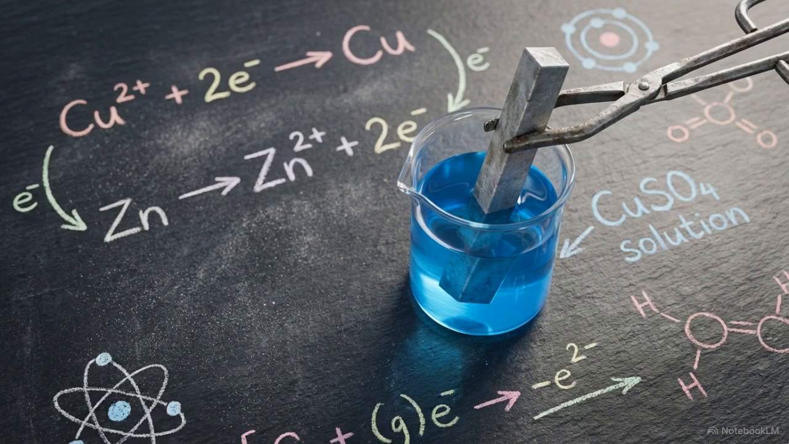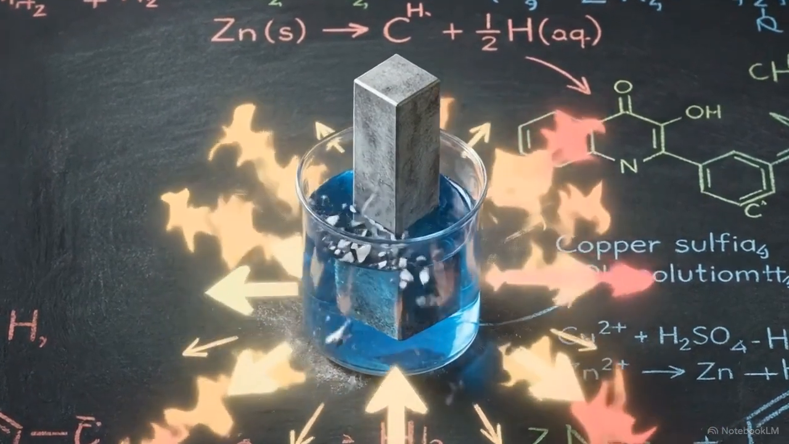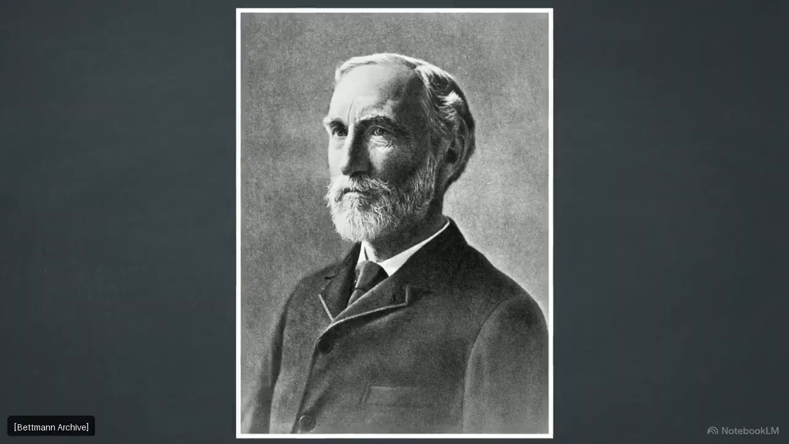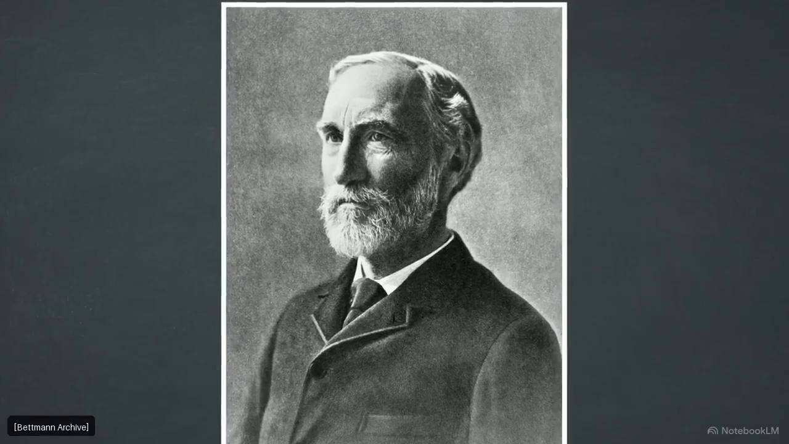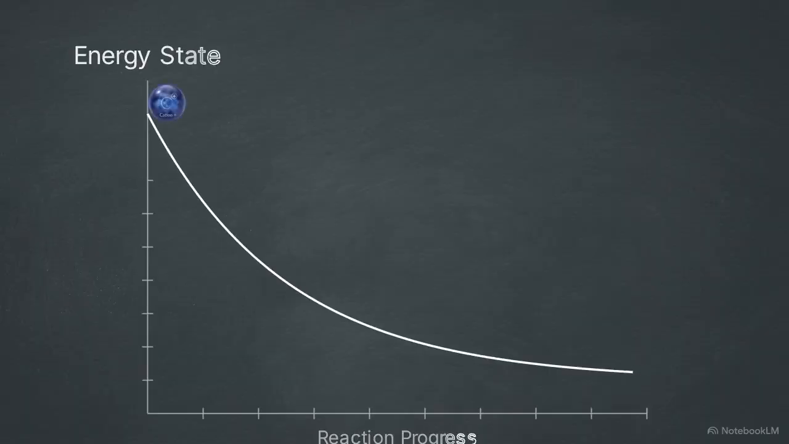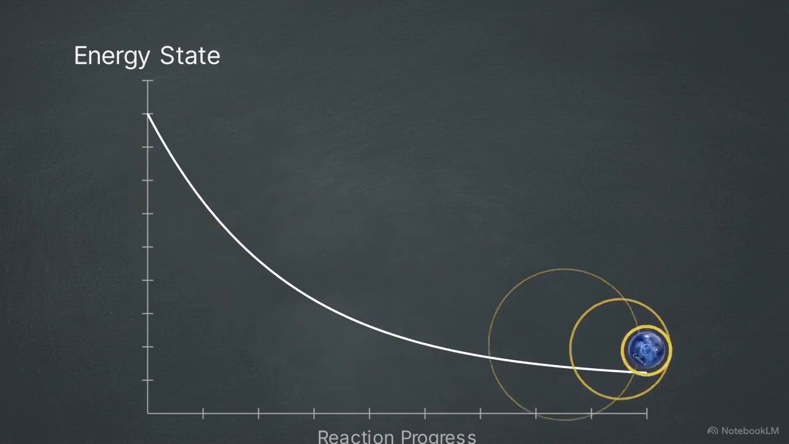Drop a solid zinc rod into a solution of copper sulfate, and an atomic swap happens almost instantly. Zinc atoms detach, give up their electrons directly to the copper ions, and release a burst of infrared heat. This spontaneous reaction is driven by a highly negative standard Gibbs free energy change. The system naturally wants to drop to a lower energy state, and it accomplishes this by shedding its excess chemical